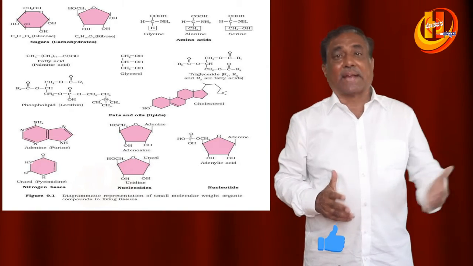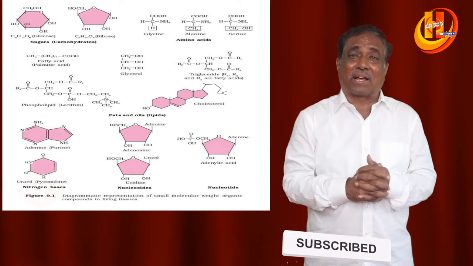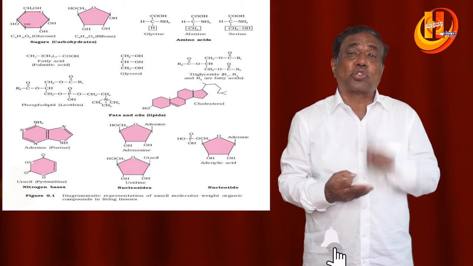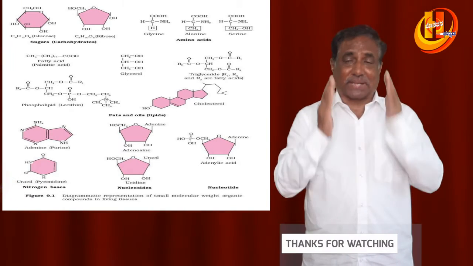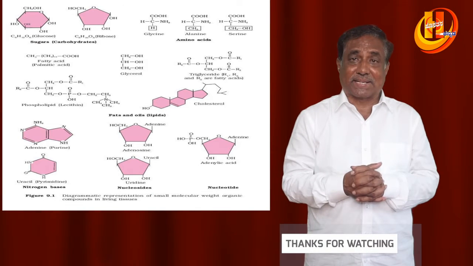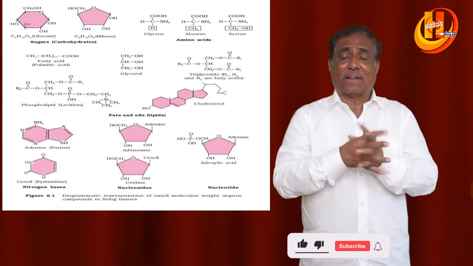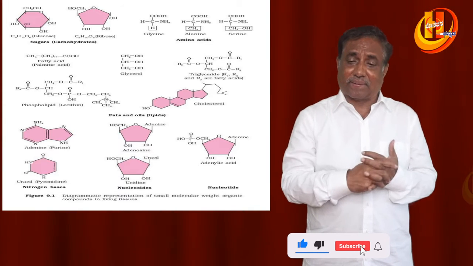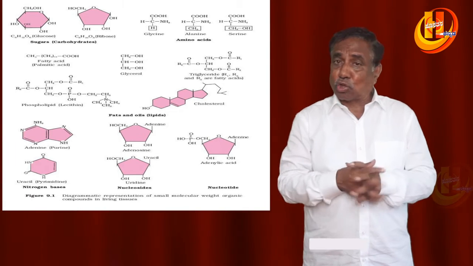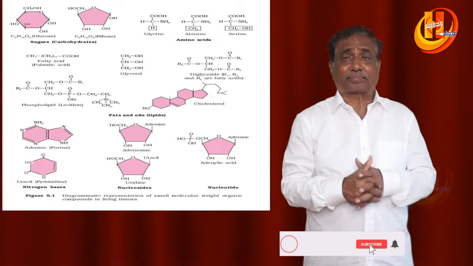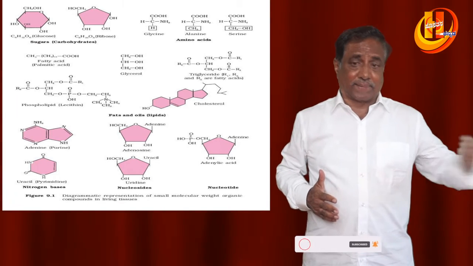They contain other than the carbohydrates, for example, NAGA, N-acetyl galactosamine, or peptidoglycan, which is present in the cell wall, which is a heteropolysaccharide. Another heteropolysaccharide given is chitin. Chitin is another heteropolysaccharide that is given in the textbook, that is present in the arthropods. So that is about the carbohydrates, proteins, lipids.